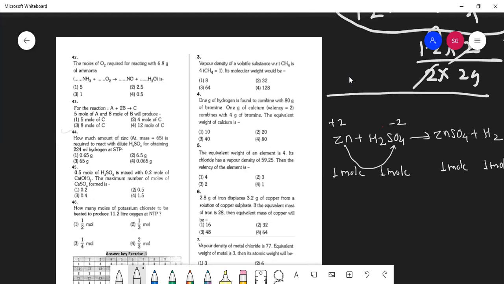Yes, sir. Okay. Now, how much amount of zinc? Okay, 1 mole means, students, this is 65 because in bracket it is given here. And here volume is given in ml. Whose volume is given? Hydrogen's. So 1 mole of hydrogen in ml, how much volume will be there, students? 22400 cc. Very good, 22400 cc, and they have given us only 224. Now you got the answer. 2 points it is shifted here.